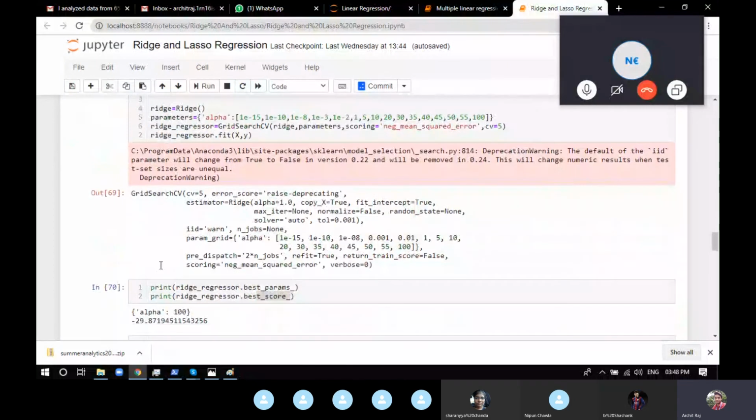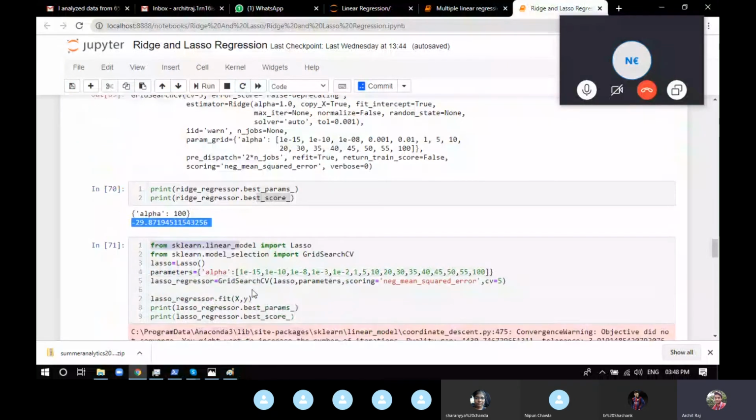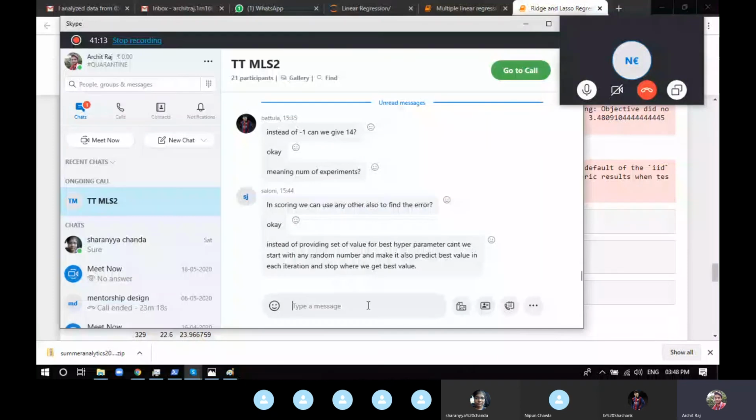So hold on. Instead of providing a set of values, can we just start with any random number and make it also predict the best value in each iteration? You can do that. For that, there's a different function known as random search CV. What random search CV does is, it's not going to take the input from you.